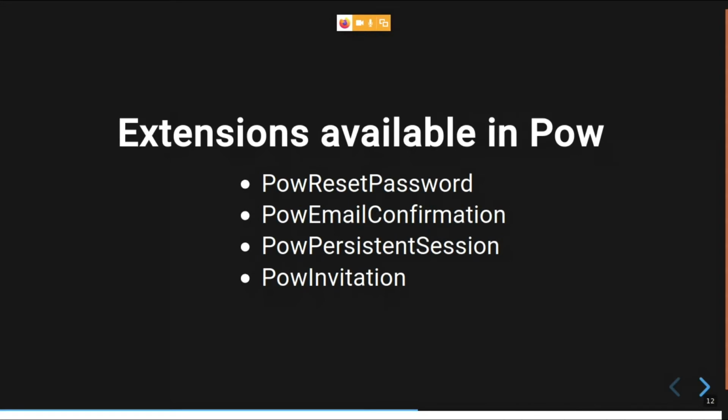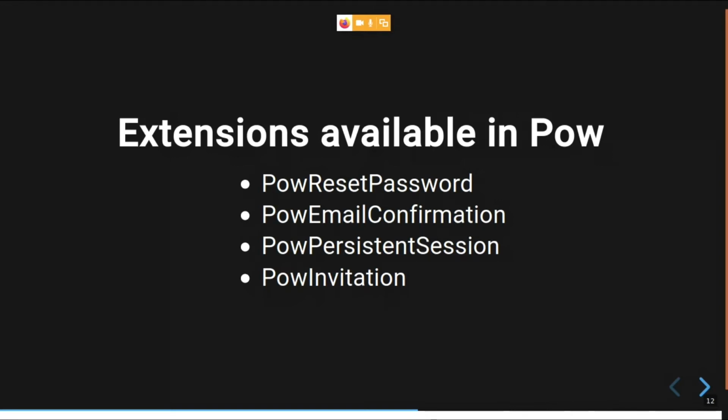Your session will be valid for the next 30 days, so you don't have to log in again and again, depending on whether the cookie is present in your browser. That is another feature available in POW but not enabled by default.